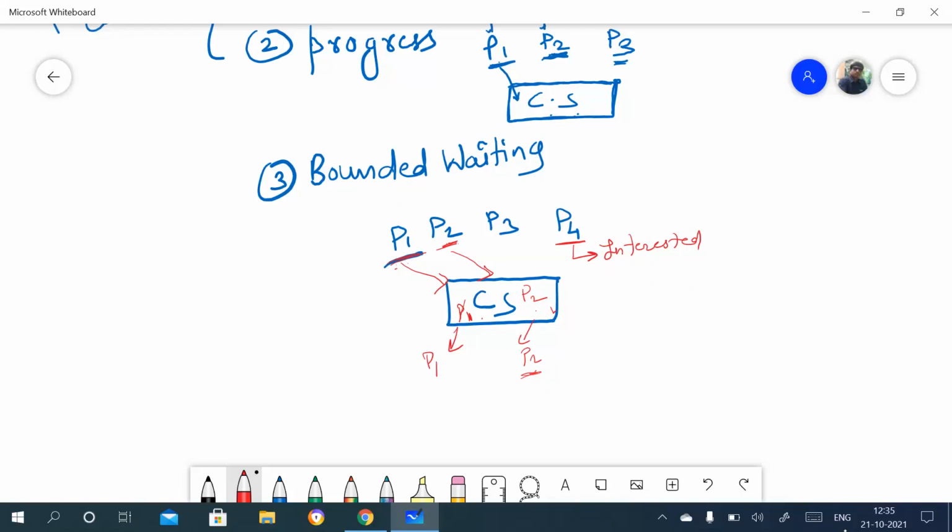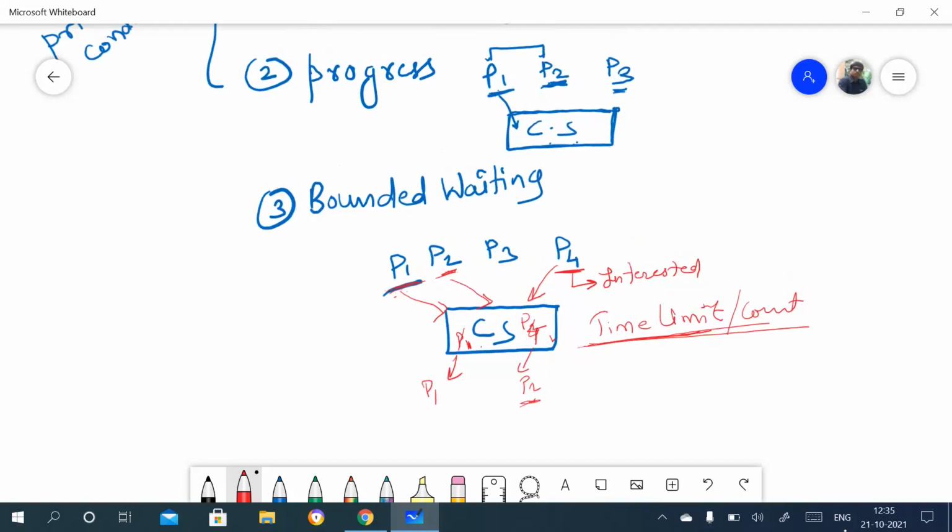We need to decide some time limit, or the count of how many times a process may access the critical section. If these two processes are not giving P4 a chance to enter, we need to decide something for these processes. Otherwise, this process will not get a chance to enter the critical section. So in that case, P4 will forcefully enter into the critical section, right? So this is nothing but the bounded problem.